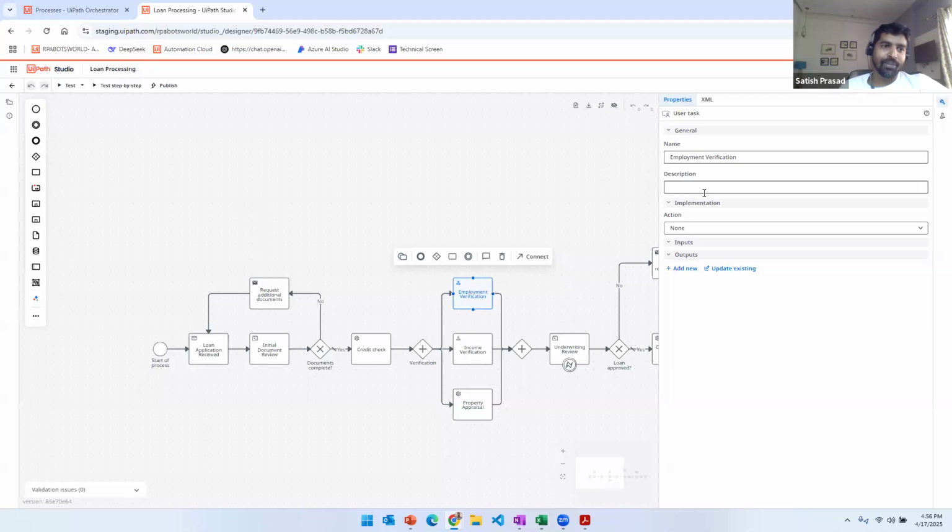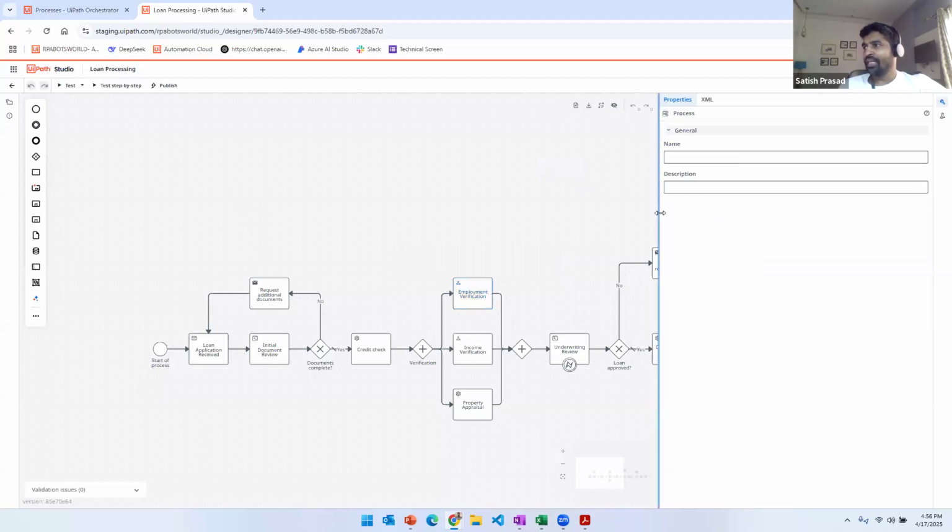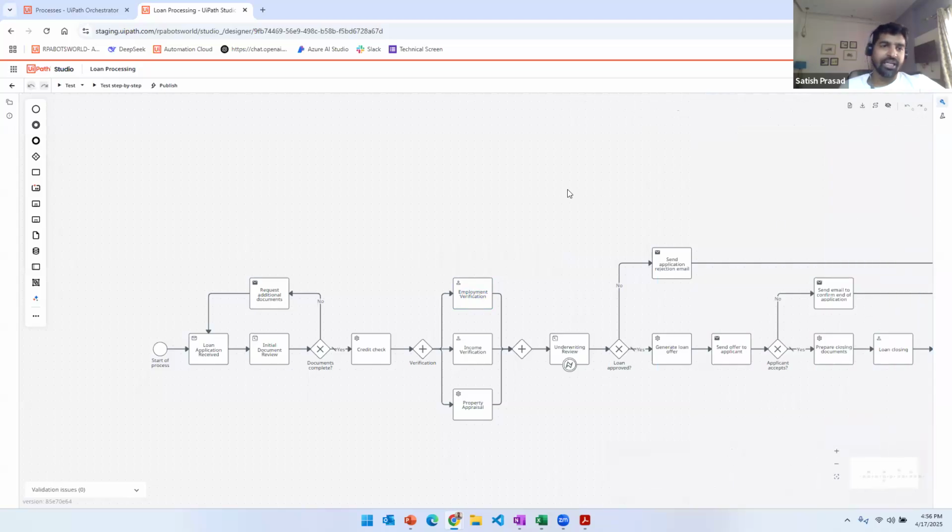So a third-party company does the employment verification, and then you just come here, pass that as an input, and your bot moves to the next part of your loan processing. There are a lot of best practices, especially in terms of how you model a process when you have many transaction items to do. There are already participants and lanes, and some concepts there. I didn't cover those because it would be too complicated for the first instance.